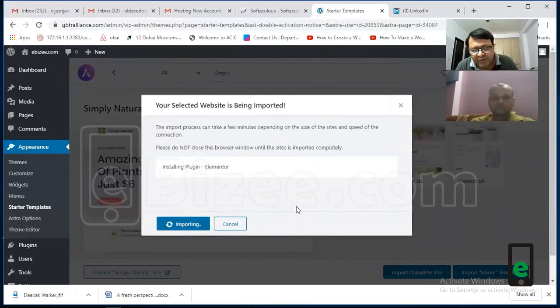Now what it is doing, it is importing the complete house, which is called Simply Natural. Within the Astra theme, it is a house. The name of this house design is Simply Natural. Now, using this, you can create a complete house which is ready-made. Plug and play, ready-made.